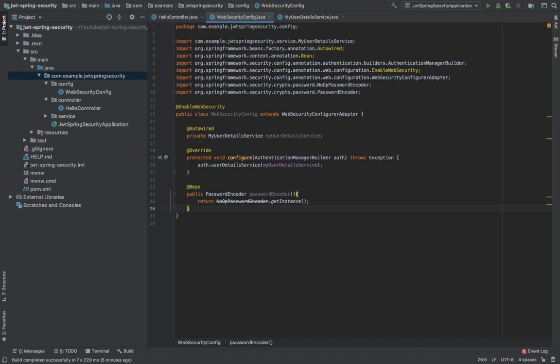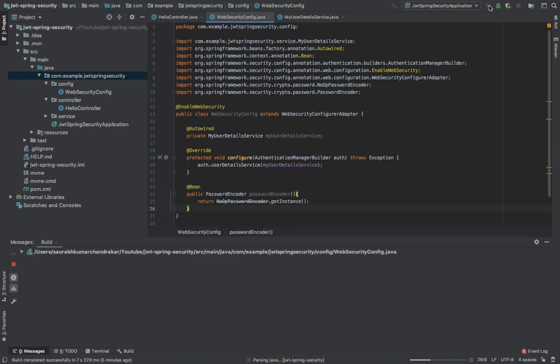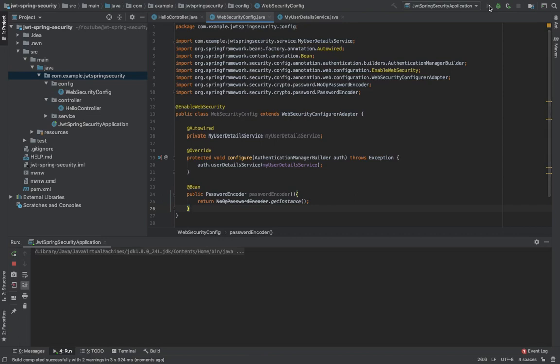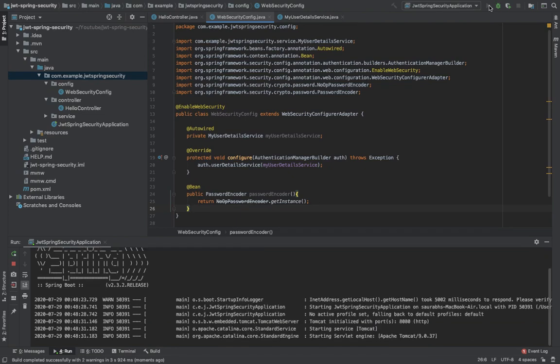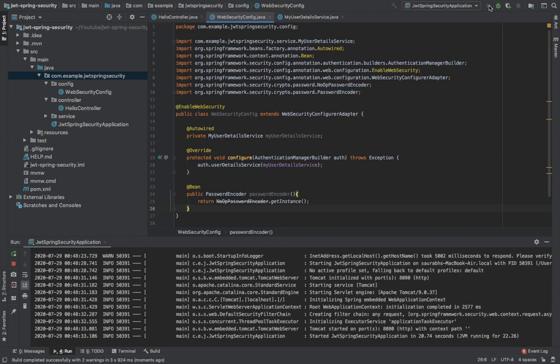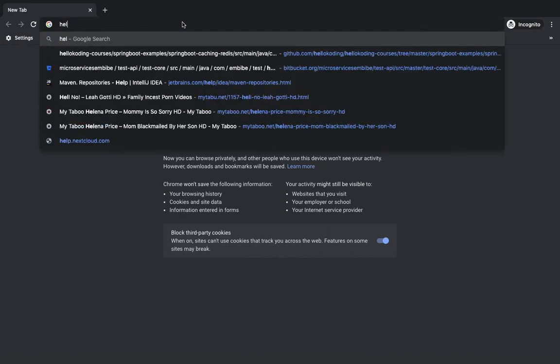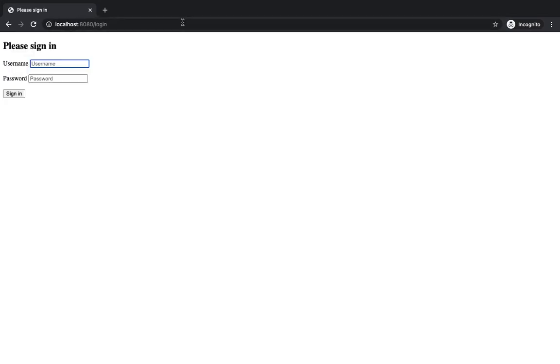So now let's run the application and check it out. So my username was myuser and the password was pass.